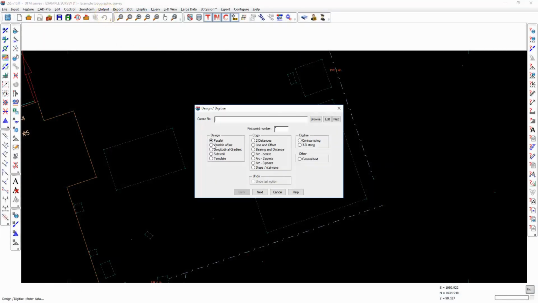Output, design, parallel. I'm going to create a series of points and links which run parallel to existing links within the current survey. And I'm going to load those points and links back into the current survey. Therefore, I don't want to define a new LSS survey or an existing survey. I select parallel,